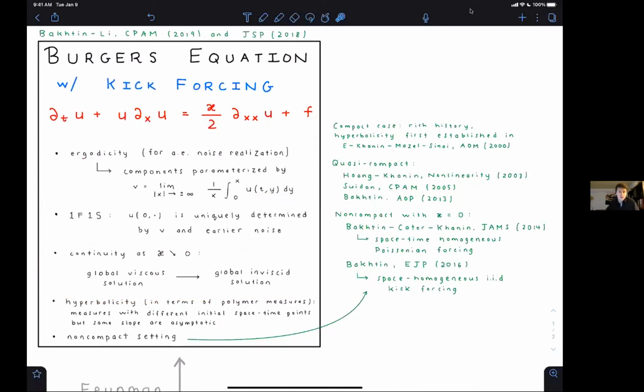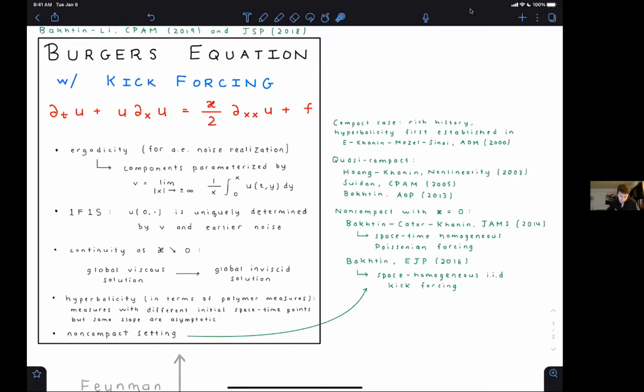Another thing that maybe Yuri didn't mention as closely, but I'll brag for him, is a continuity property as you send the viscosity parameter to 0. Mostly Yuri is focused, at least in his talk, on positive viscosity. But then as you send this viscosity parameter to 0, you can talk about the associated solution there. The theory a priori is a little different, but you'd hope for a continuity statement. And indeed, he established this in this JSP paper with Liang.